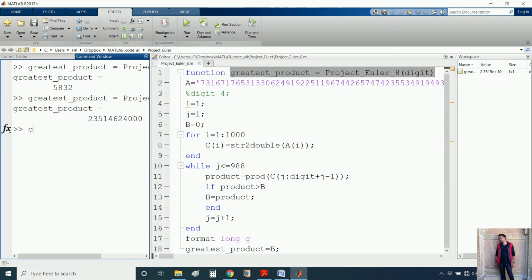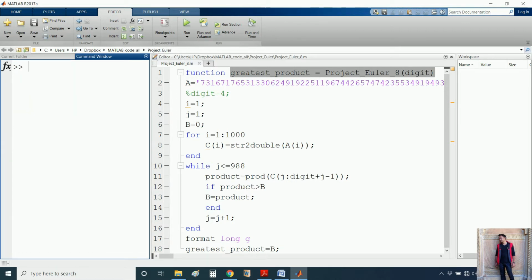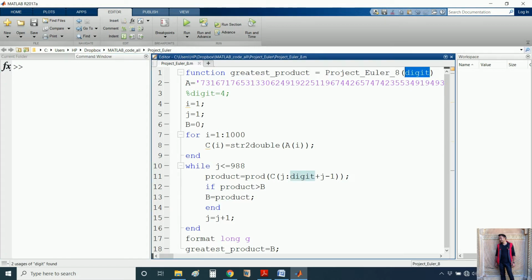Before doing that, I will type clear all just to clear the workspace. Then I will press clc and enter just to clear the command window. Instead of digit, I will put this symbol here for debugging and I will also exclude this percentage sign. Okay, I will save this. I will put a breakpoint here. I will also put a breakpoint here. A breakpoint is a process of debugging the code, and debugging a code helps in understanding the code.